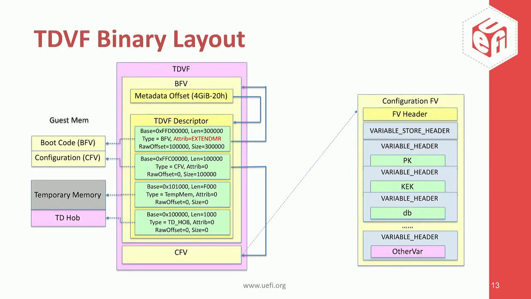metadata. The descriptor metadata is located at 4 GB minus 20H. It has a metadata offset. This metadata is used to describe the binary layout of the TDVF binary, such as where the boot code is, where the configuration is, where the temporary memory is, and where the TD HOB could be. Those information will be passed by the VMM when the VMM creates a TD and loads the corresponding data to a